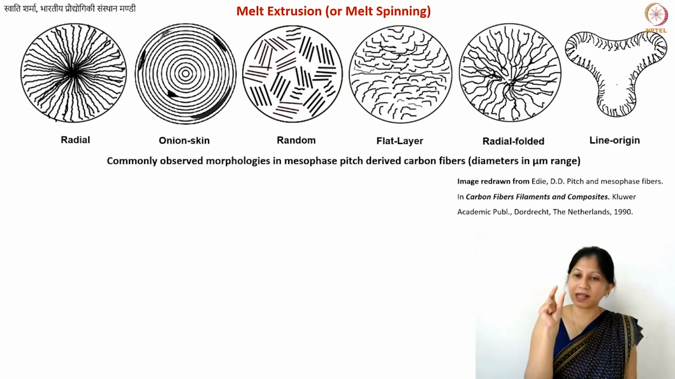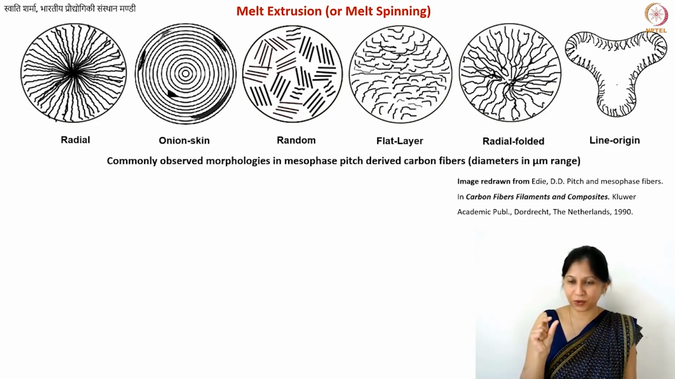It may be a small stack of graphite sheets. But however, they have certain curves. They are not perfect as in the case of HOPG, for example. Now the last one that you see, line origin, that is something which you get if your spinneret,